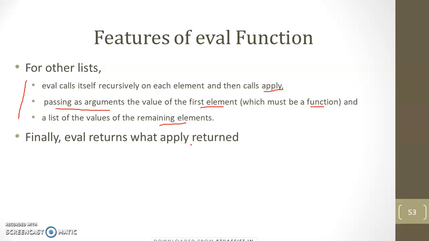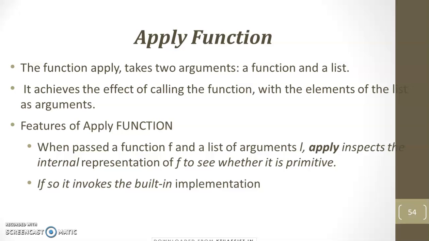Finally, what is the result of the apply function? It will be returned to eval. That will be the final result given for display. Apply takes two arguments, that is a function and a list. It achieves the effect of calling the function with the elements of the list as arguments. Features of the apply function: when passed a function f and a list of arguments L, apply inspects the internal